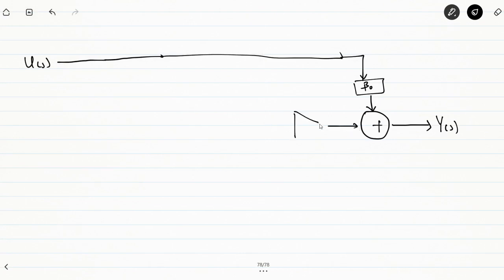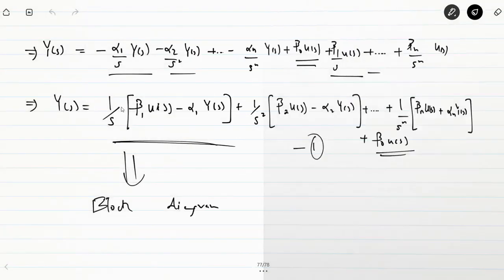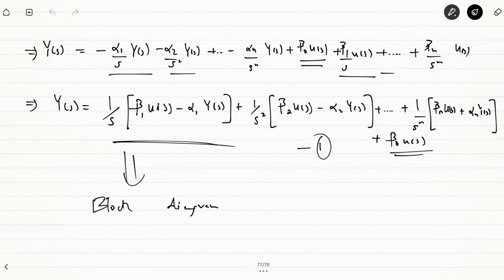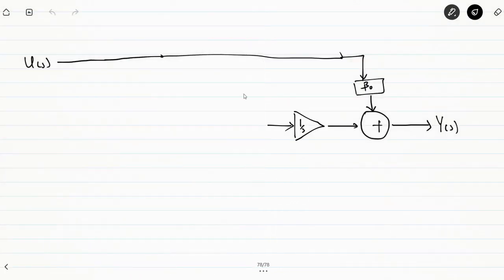So we have an integrator here 1 by s. इसका जो इनपुट होगा that will be beta 1 us minus alpha 1 ys. तो यहाँ से बीटा 1 us आ गया माइनस अल्फा 1 ys